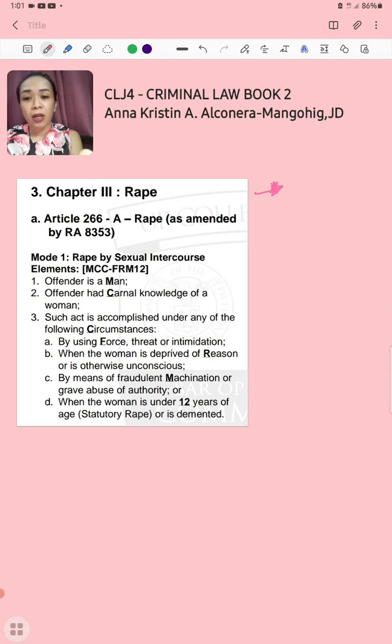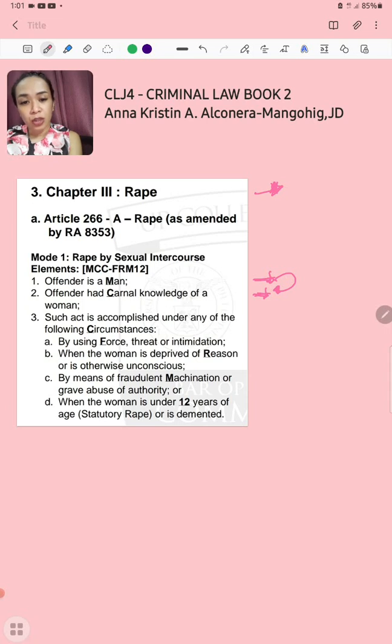And the elements are, number 1, the offender is a man. Lalaki ang offender, hindi pwedeng babae. Second, offender had carnal knowledge of a woman. So, babae ang victim, lalaki ang offender. And the offender had carnal knowledge. Carnal knowledge is also another term used meaning to have sexual intercourse. And third,